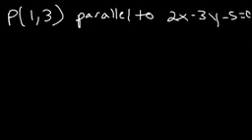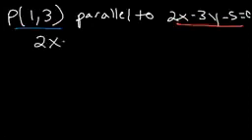Keep in mind, to write the equation of any line, you need the point, which we already have, and the slope. So we could find a slope using this equation. Since it's parallel, the slopes will be the same. So let's put that equation in slope-intercept form, and the number in front of x in that form will be the slope. So let's solve for y. So starting with this equation,